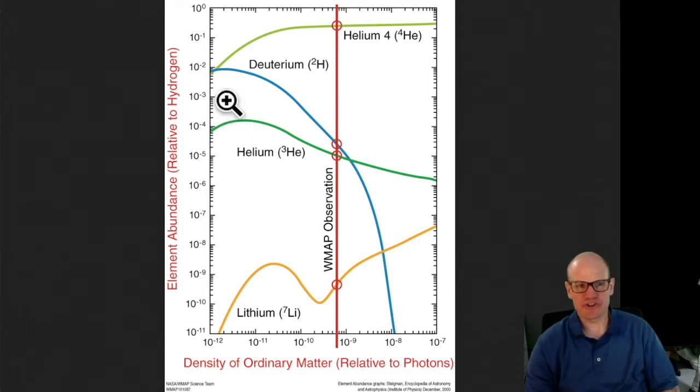Then what you do is you go out and you measure what is the abundance of helium-4, what is the abundance of deuterium, what's the abundance of helium-3, what's the abundance of lithium. You make these measurements, and where these predictions cross the measurements tells you what the density of the universe is. So we're actually trying to find the value on the horizontal axis that corresponds to our universe. You make a prediction for all possible universes, and then you make the measurements, and where those measurements cross these predictions tells you what universe we live in.